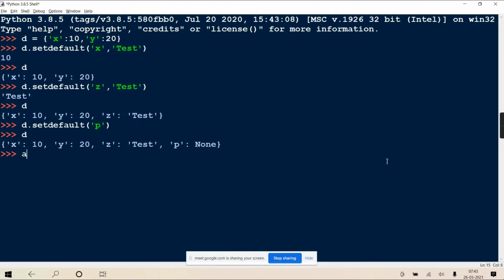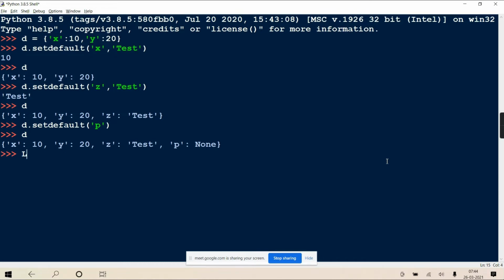I'll just recall it. Let's see if you remember or not. If you have a list or a tuple, at that time I recalled what is true and what is false according to Python: 0, 0.0, empty string, 0+0j, and the word False are all false, and everything other than this is true.